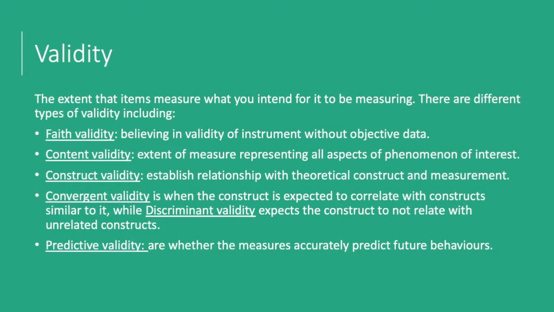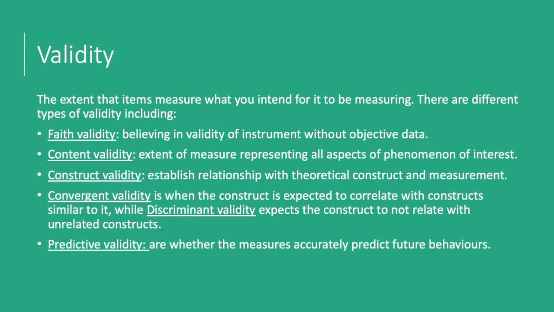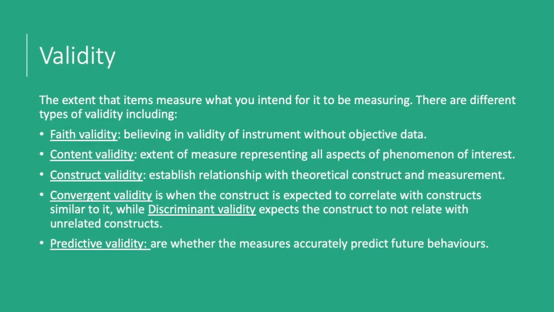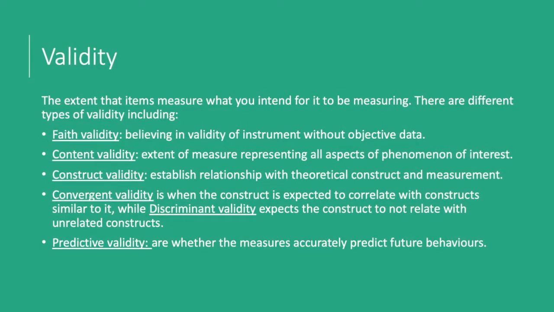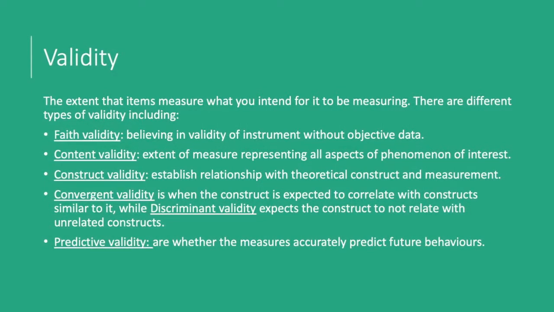There is convergent validity, which is when the construct is expected to correlate with constructs similar to it, while discriminant validity expects the construct to not relate with unrelated constructs. Predictive validity are where